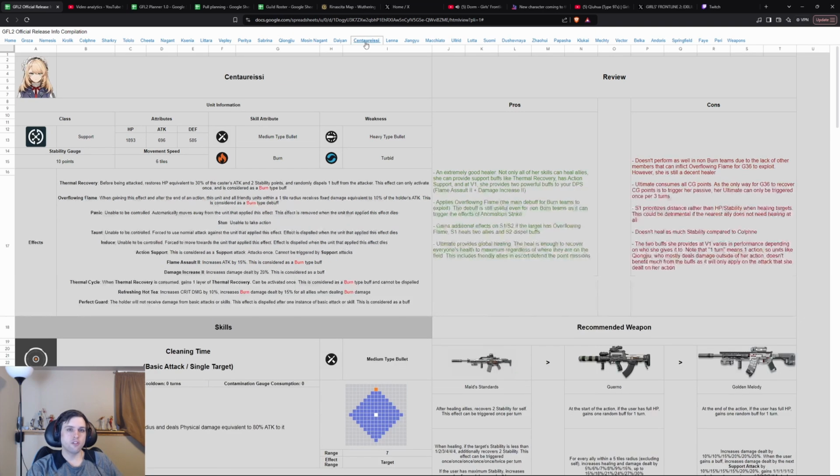Then you have the other fire unit here, which is Cinerusi. We should be hopefully getting her on the next banner after Dayan, at least based on what we believe is going to happen, based on people that have already kind of data mined it. And she is the elite healer for the burn team, and just recently got a big buff